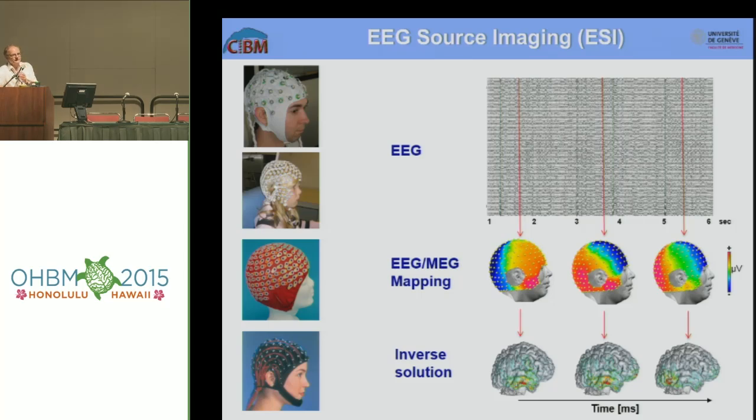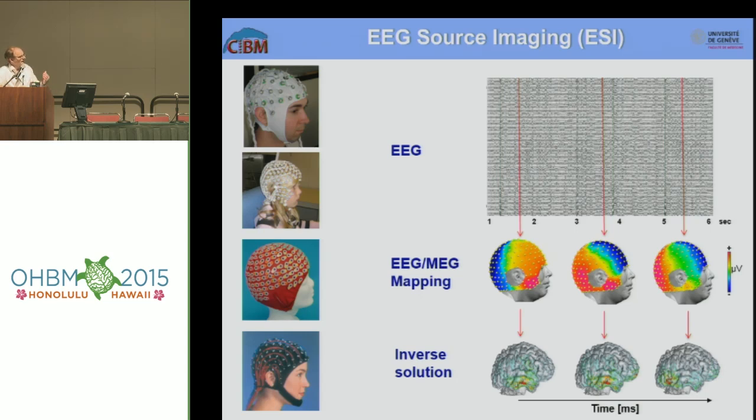Just one word for source imaging. I will not go into details because there are different courses that are going to talk about that. But as Thomas already said, we can estimate the sources in the brain. It's a different way of looking at the data. We can estimate the sources in the brain that produced the map at each moment in time that we measure